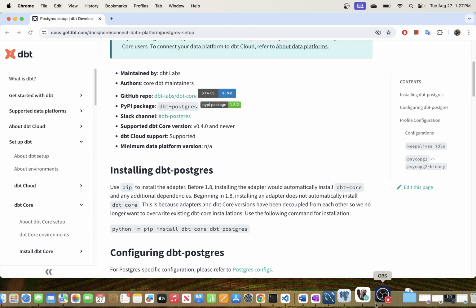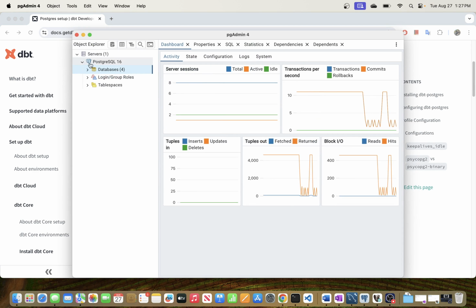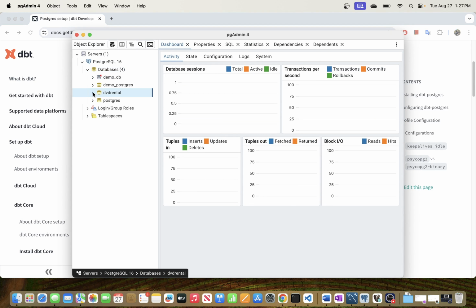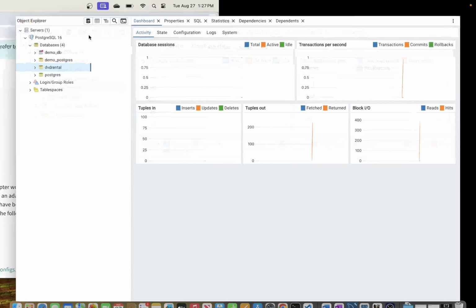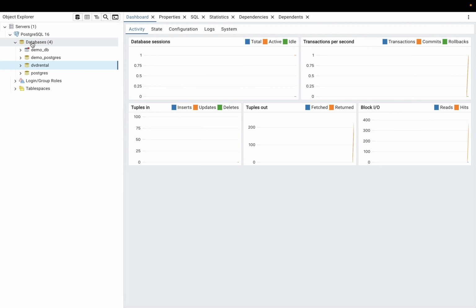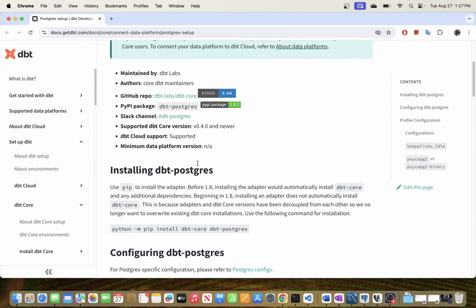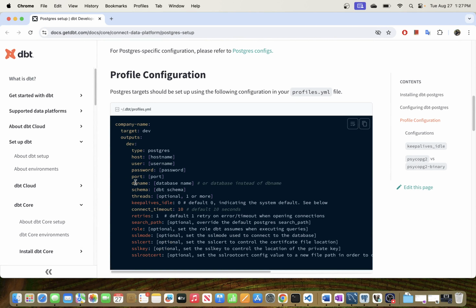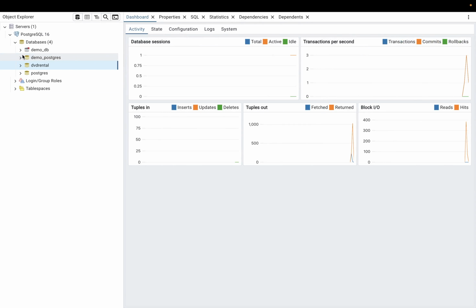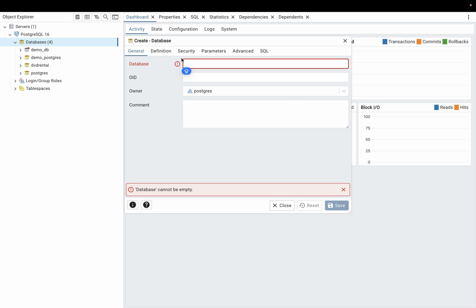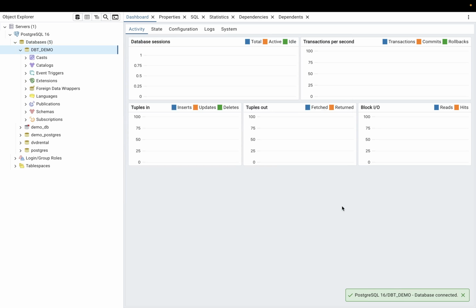So since I have my pgAdmin ready and I do have my databases, of course, we will need to create a database that we can use in our setup. And I think actually, since we're here, let's go ahead and do that. So remember, in the configuration document, we need a database name, and also we need a schema as well. So what I will do in my pgAdmin, I'm going to go ahead and create a database, and I will call this database DBT demo,